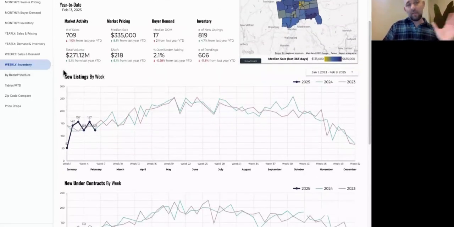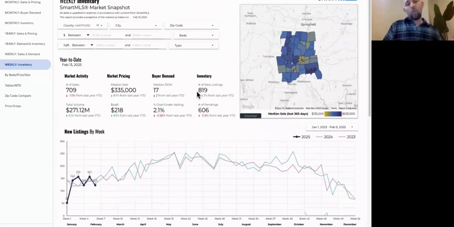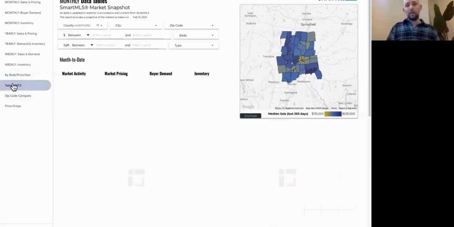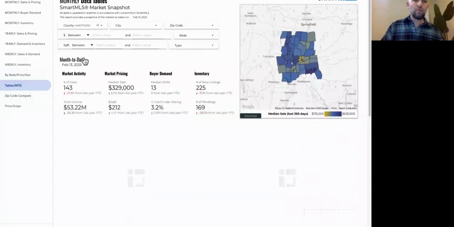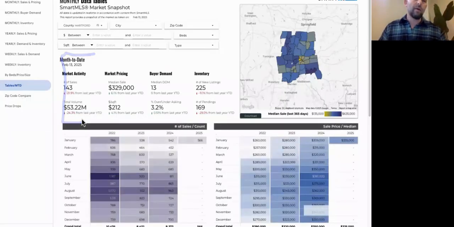Anyway, so that's that. These are the weekly data. If you guys want month over month or month to date data, we've got that in here as well under this tables. This is a new thing, so it wasn't here a couple weeks ago, but it'll give you month to date activity up through the 13th of February. It'll kind of tell you where we are this month. So again, that's a really nice one to just plug into weekly meetings.